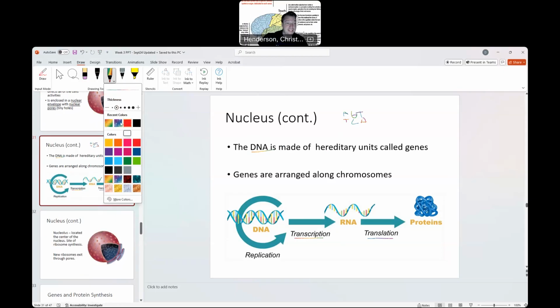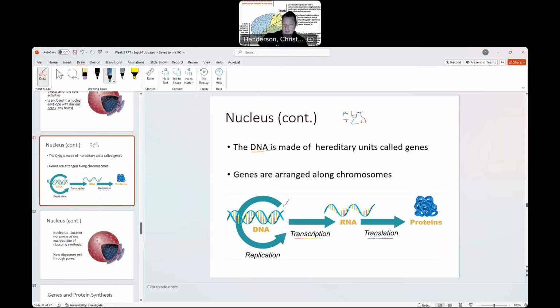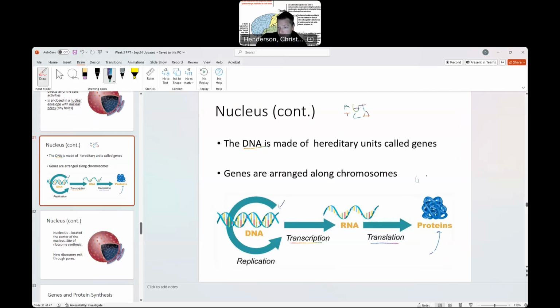So what is DNA? Let's think about this for a second. We have proteins in our body. What are the proteins made out of? The proteins are made of amino acids. The amino acids are put together in a very specific sequence. So there's going to be methionine, leucine, isoleucine, proline, valine. You don't need to know the order of them, but what you need to know is that if this was a protein like hemoglobin,